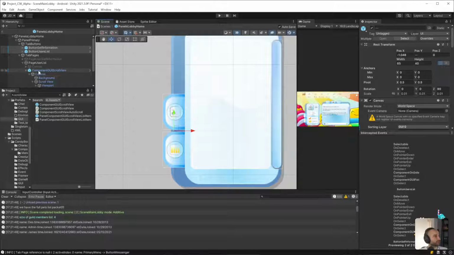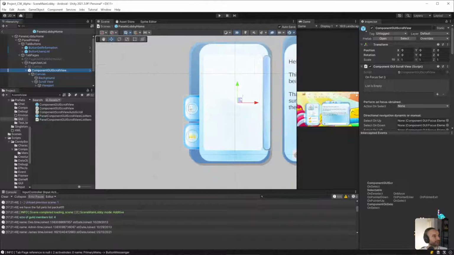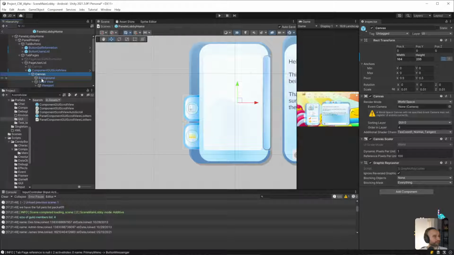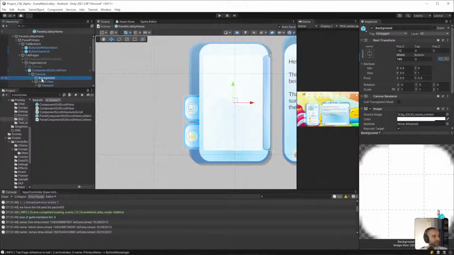So now the question is, how come this didn't center though? That's what I don't quite understand. So the background is offset, that's correct. What if the background didn't have an offset? Nope.